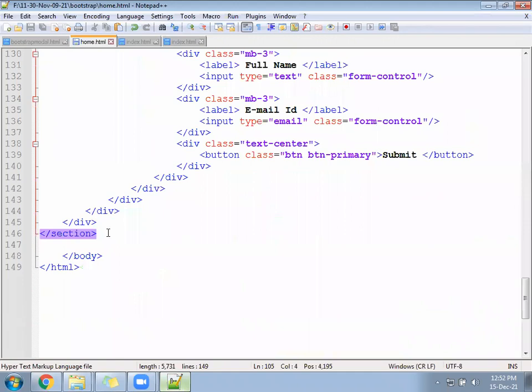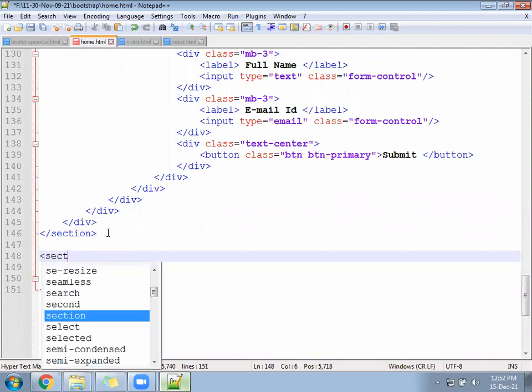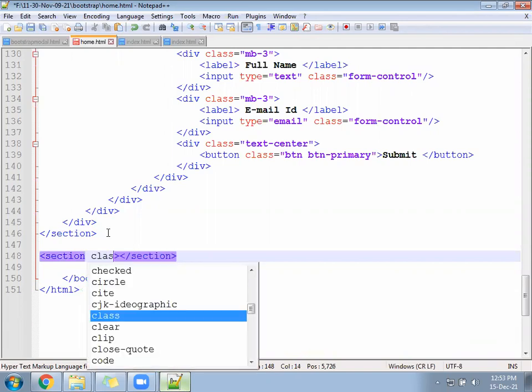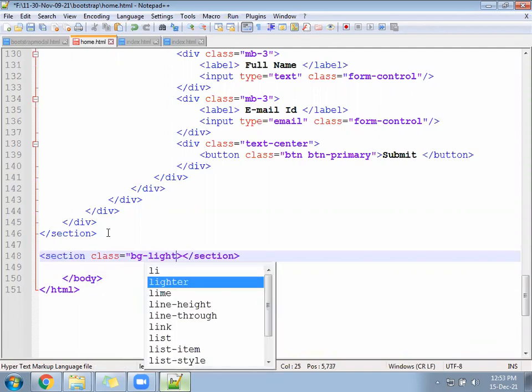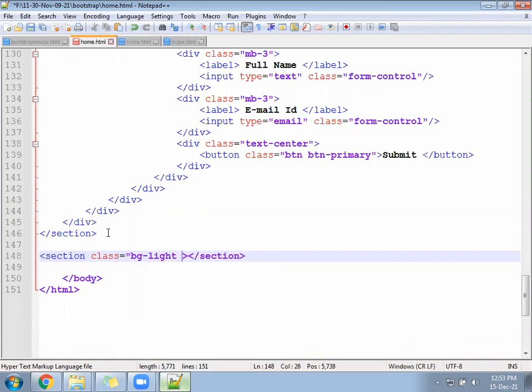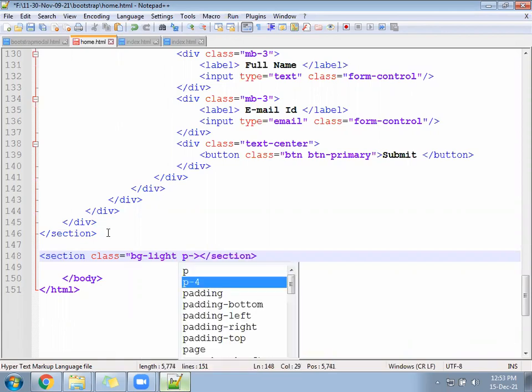Here, after the section, create another section. Class equal to bg-light, and then p-5 again.